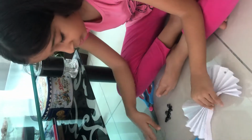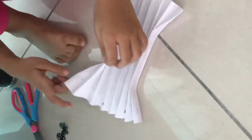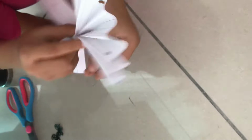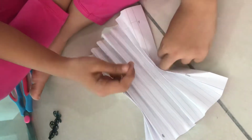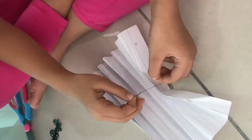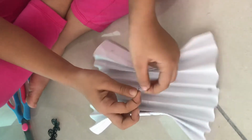And we're going to actually tie the bow because if we don't tie it, it's going to loosen when we want to put it in our head. So, the first knot, we're gonna do this bow. We're gonna do it in the middle. Now we're gonna actually put it under the bow. So we'll get nice. Now let's tie a knot. We're gonna tie 2 knots so it can get a bit like